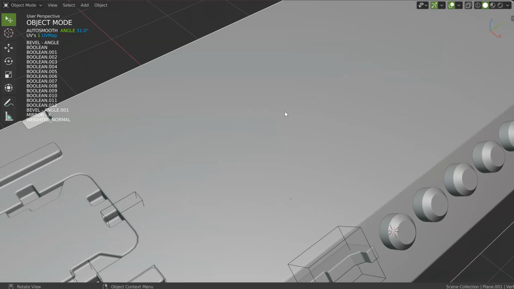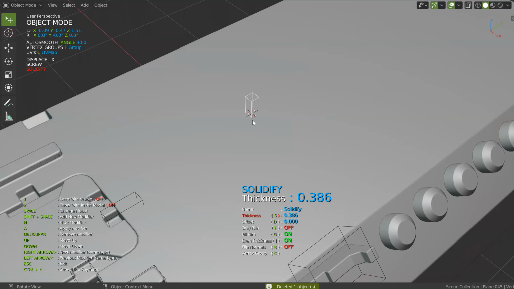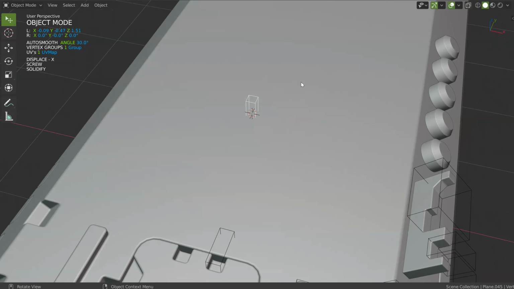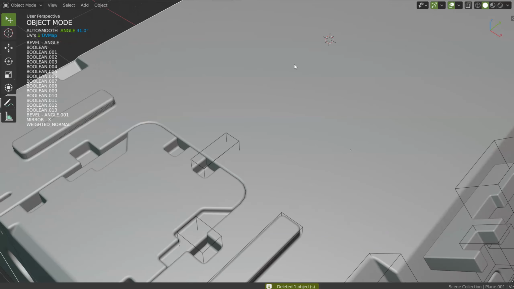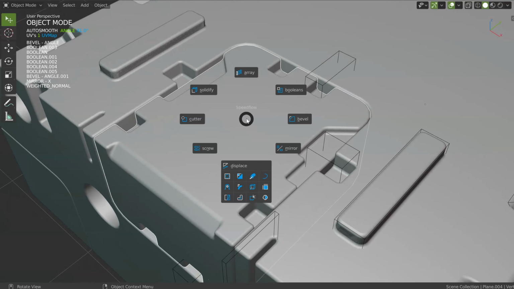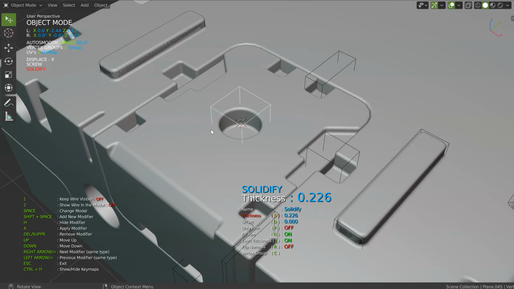I forgot. Let's see. I want a cut. I want this cut to be this, like that, and I forgot to select my object. Restart. Cut. Do this. It's not working. There is a little issue. Let's make it on this one, just to check. Cut, Shift, do this, cut.